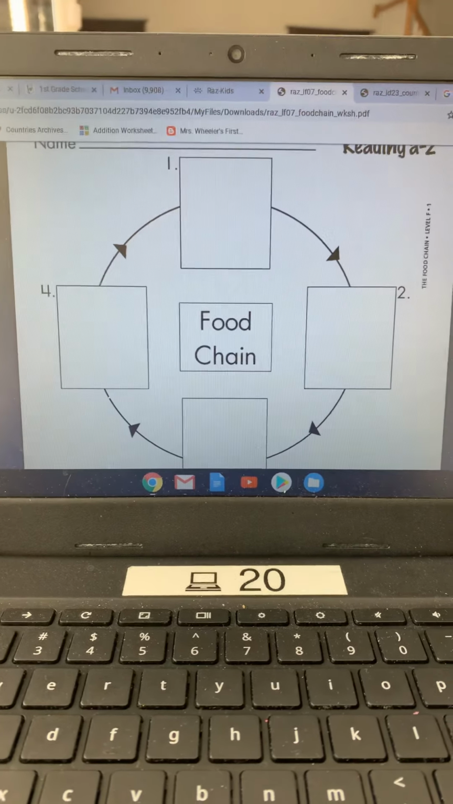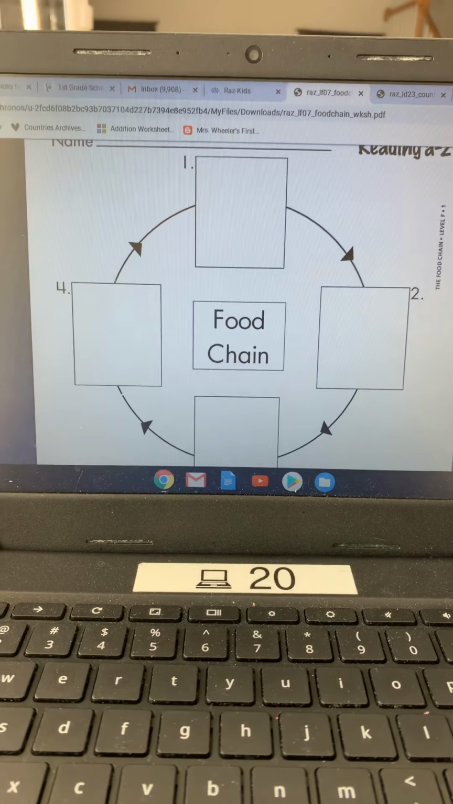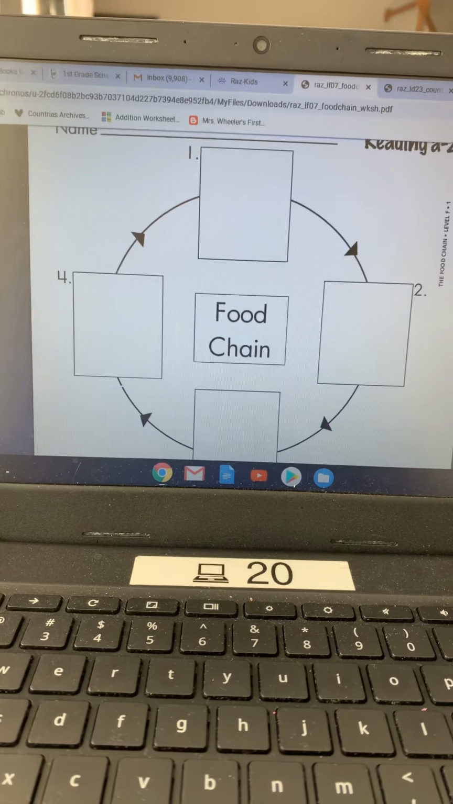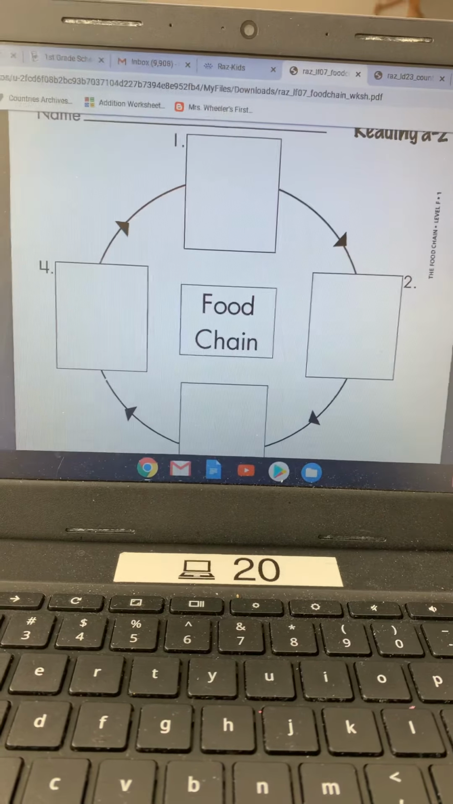So what's the first thing that has to happen in the food chain? What's the second thing that happens? What's the third? And what's the fourth? I want you to draw or write, and when you finish that, I would like for you to submit that to me so I can see that you understand sequencing. If you need to pause my video, you can do that so that you can copy what is on the page. I don't have a worksheet to give you because every